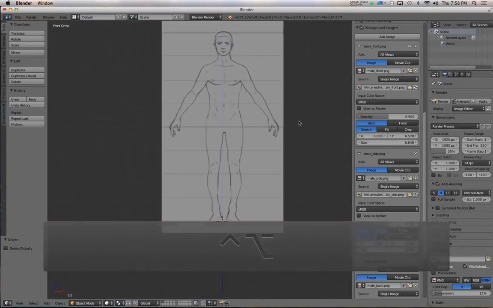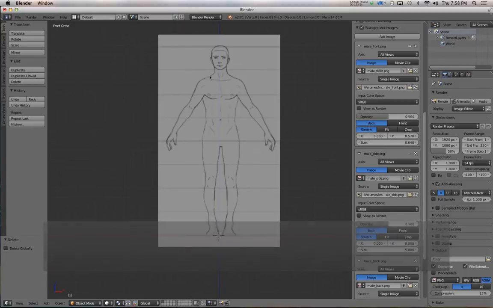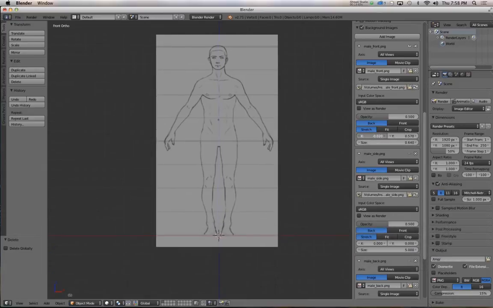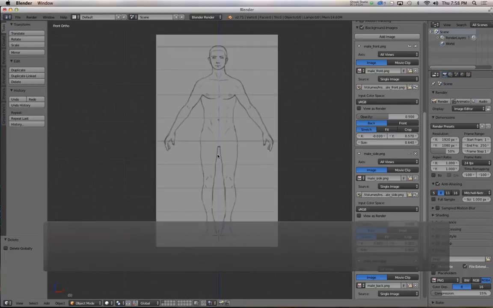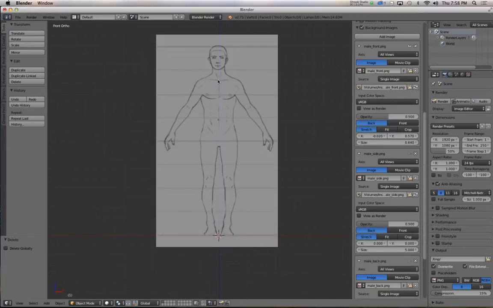The next thing that I'm going to do is center it horizontally so that the z-axis line here is right down the center of the model. And this is going to reveal a little discrepancy with this model sheet. As I move it over so that it is adequately centered for my tastes, I'm lining this up right at the crotch, and you can also see the collarbones are centered as well. You can see that the belly button is slightly off, and especially the face is off, the head is off. So that's just something we're going to have to keep in mind as we go through the modeling